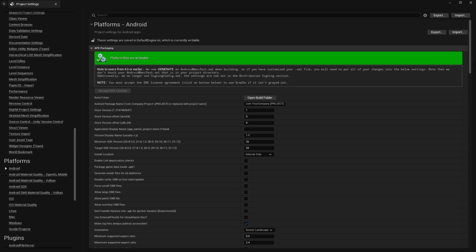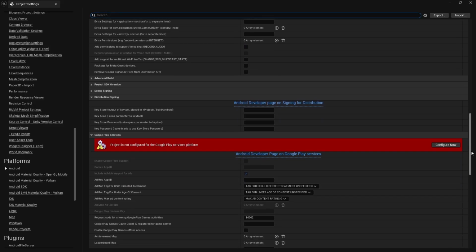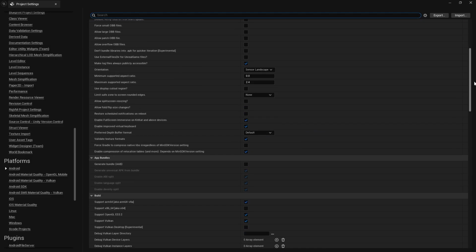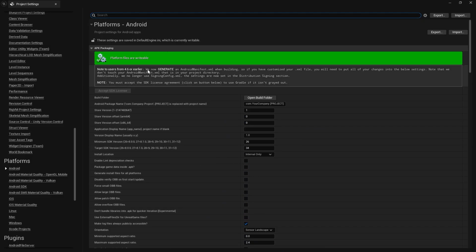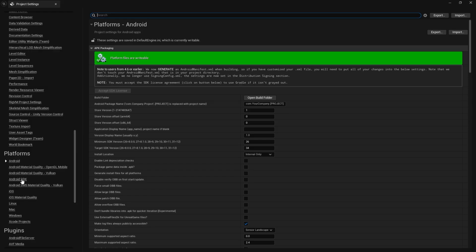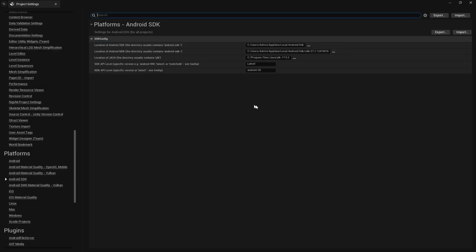Once it is done, I'm gonna go to the bottom. Again here we have to set the configure button. Once this is done, we can see that our Android is now being configured. Then we have to go to our Android SDK option. All the environment variable options that we have set up are also set up from here. So that is one way, or you can directly set it up another way. You just have to click here, browse for the option, and set it like that. Okay,